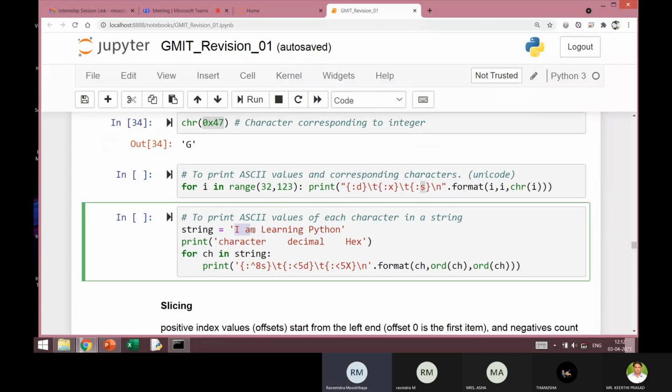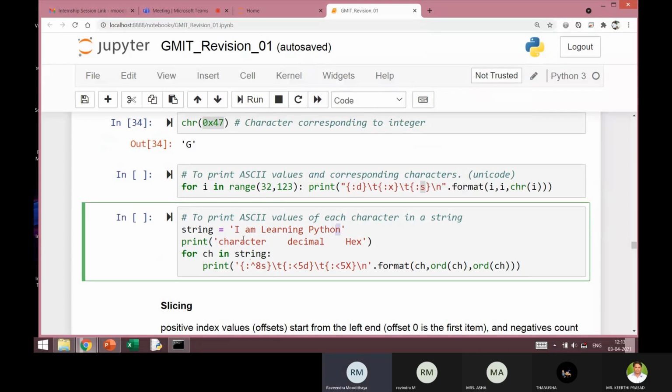For example, I want to extract only this much, I space am. Now there is a concept of indexing, an integer value associated with each character here. So this is the first character which has an index of 0, the next character has an index of 1, the next one has an index of 2, and so on. You can associate an integer number starting from 0. The first character has an index of 0, and if you go on, the last character will have an index equal to the length of the entire string minus 1.